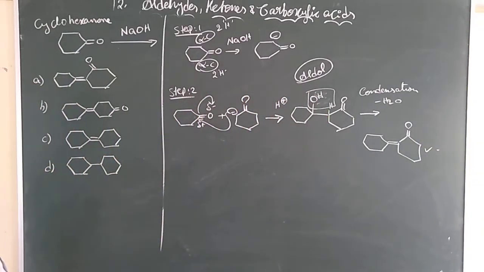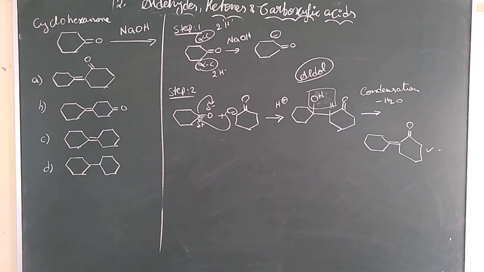So compare the product. You see where the product is and give the correct answer. I hope you understood how to work with this, children. This type of application method we want to practice. Everyone will learn the name reaction, but we want to apply it to a particular example. Thank you. Practice well. Regarding carboxylic acids, you can study, and up to here the theoretical part is completed, covering all the concepts for objective. So please practice the concepts well.